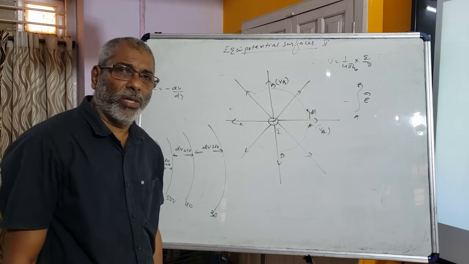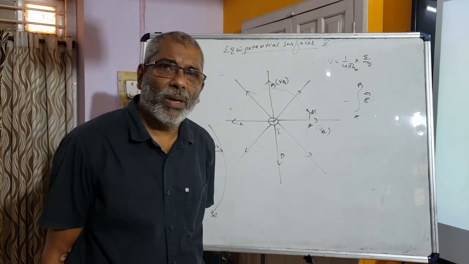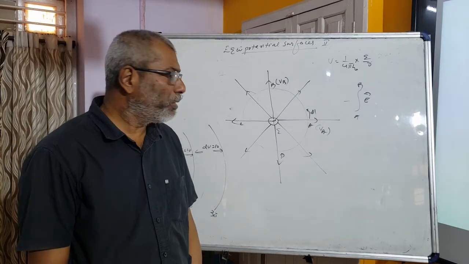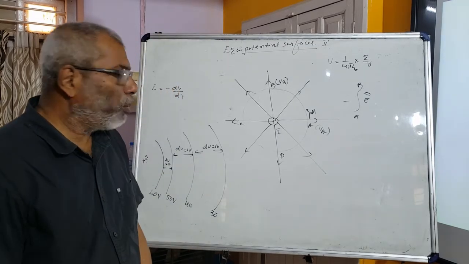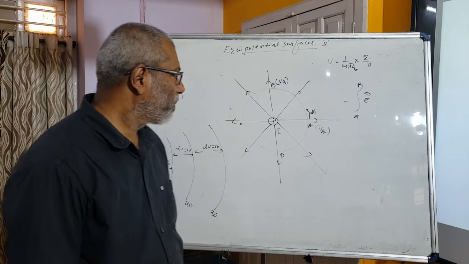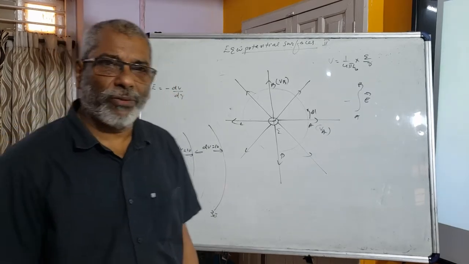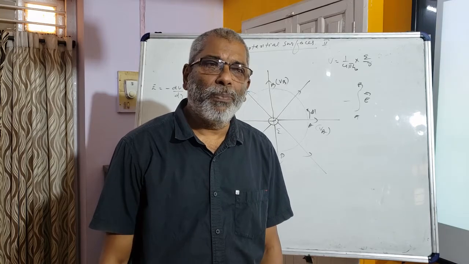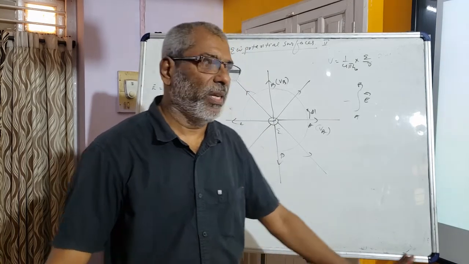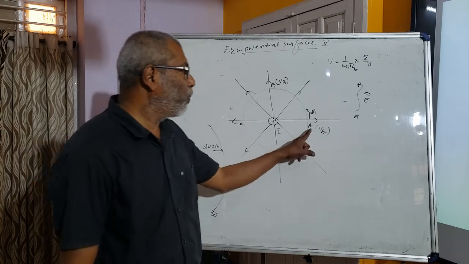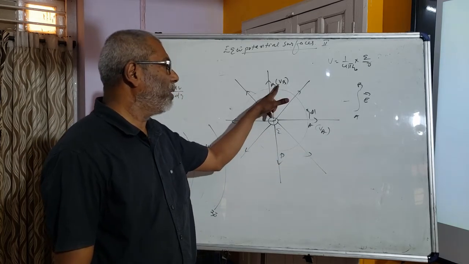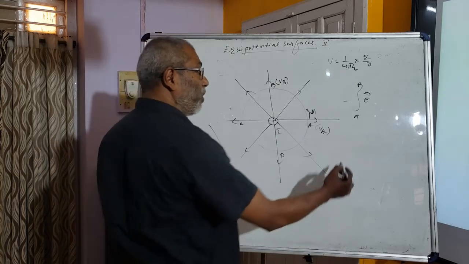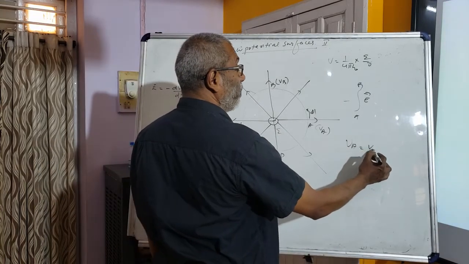So we have already discussed in the last topic about equipotential surfaces. Now I am continuing this to clear you more about this topic. An equipotential surface is a surface on whose every point the electric potential is constant, the same. If you take two points A and B, here the potential is VA, here the potential is VB, and VA is equal to VB.